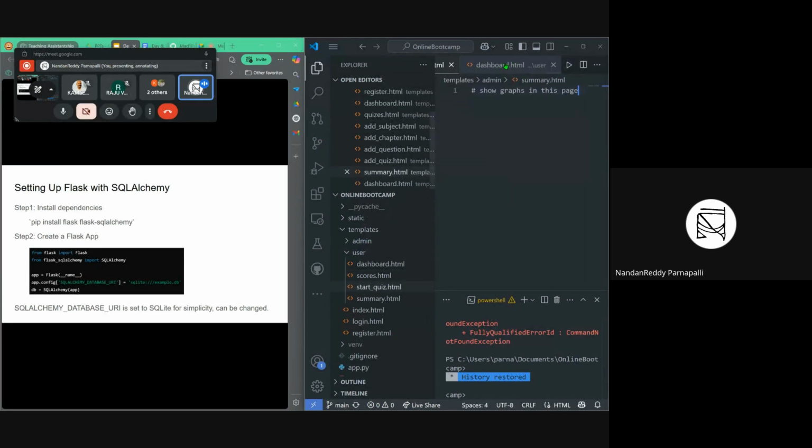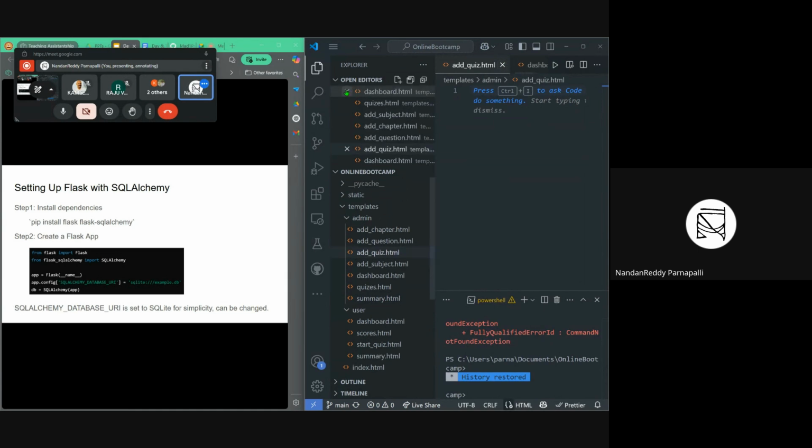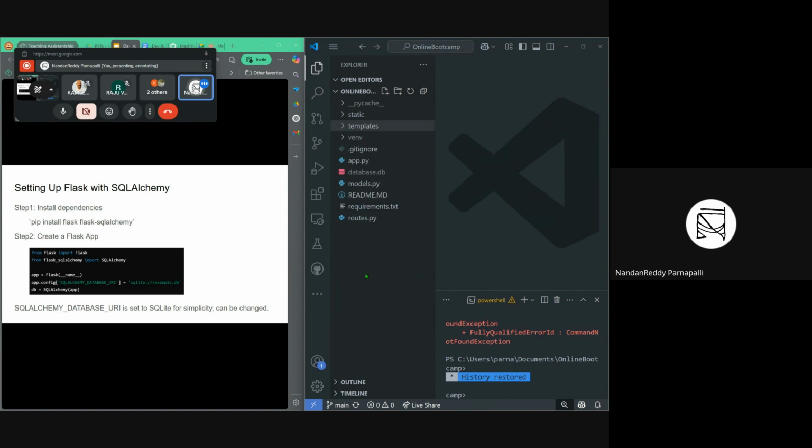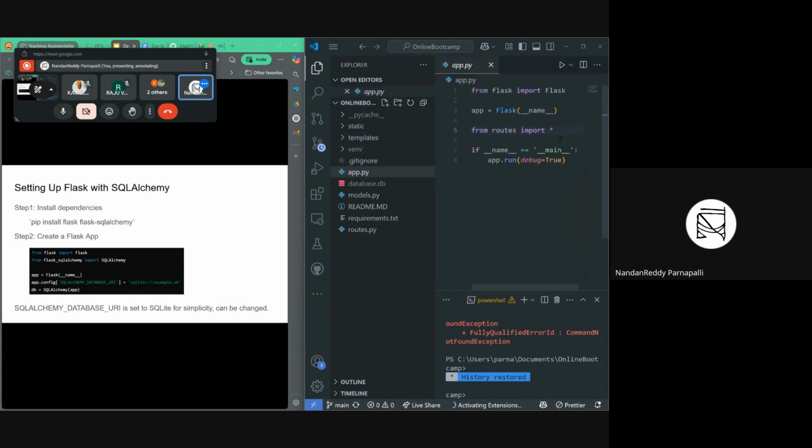We'll close all the HTML files that are open. Right now we don't need to think about templates, so we have made them for the next session, and we will go into app.py, where we have created this database.db. So database.db,